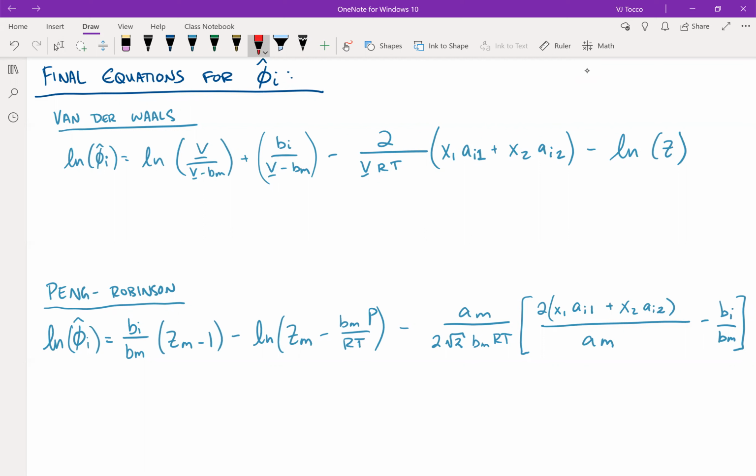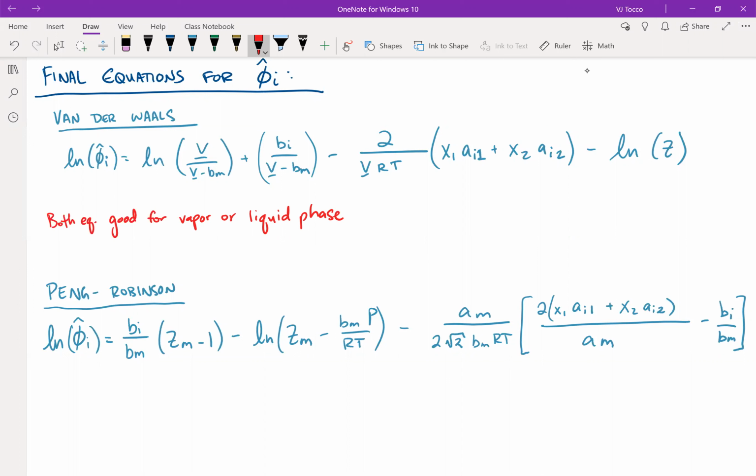And recall that for both of these equations, you have one for the liquid phase and one for the vapor phase. So both equations are good for the vapor phase or the liquid phase. Of course, depending on whether you're doing the vapor or liquid phase, you have to add subscripts. For example, if you're doing the vapor phase fugacity coefficient, it's ln, or the molar volume of the vapor phase. So just add subscripts wherever appropriate,